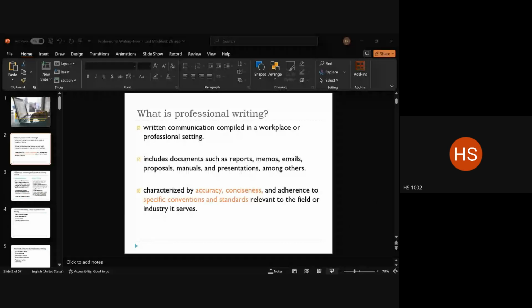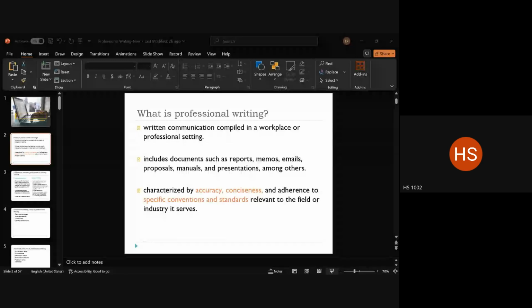Conciseness is also because if you write too much, or if you write more than what is relevant, then what you write loses clarity. And in the business world and in the professional world, people don't have that kind of time to squander, right? They'll require you to make things more clear and keep it more concise so that there can be some action that can be done on that, right?